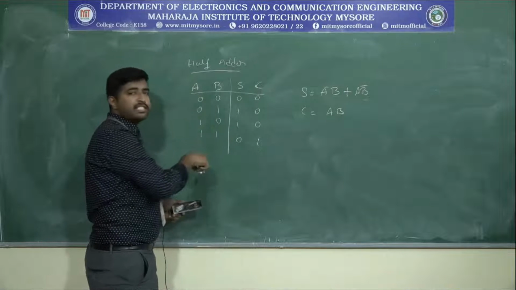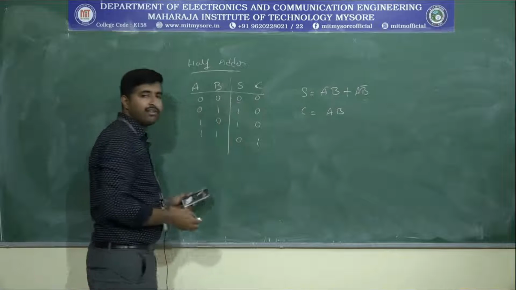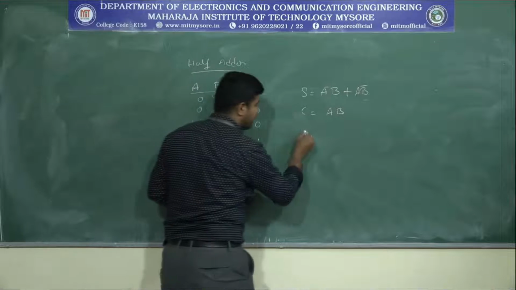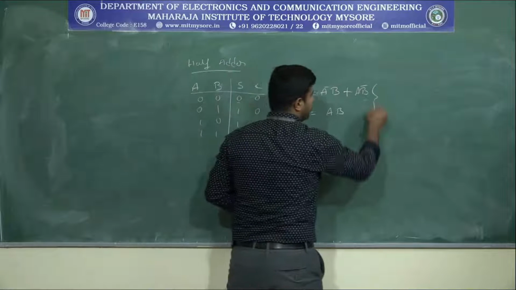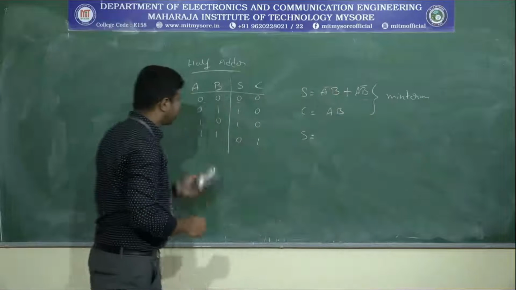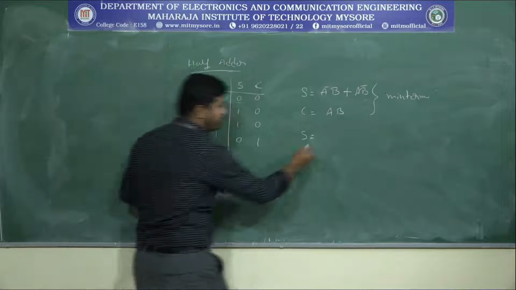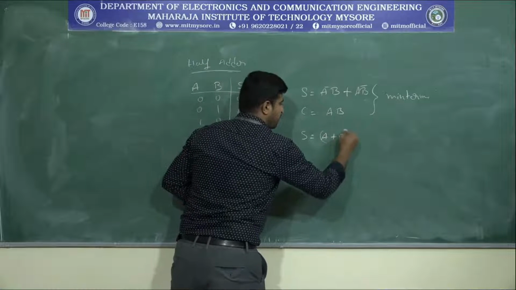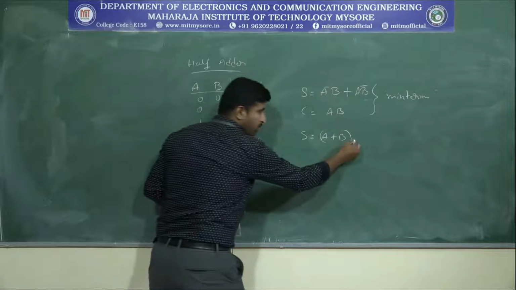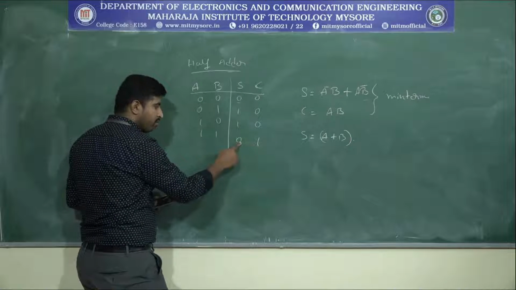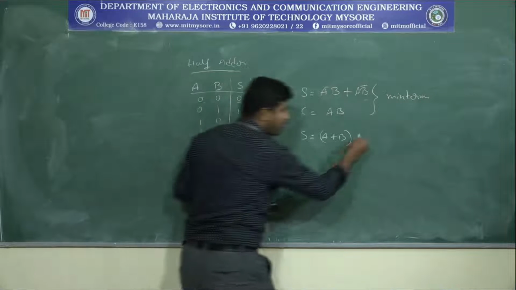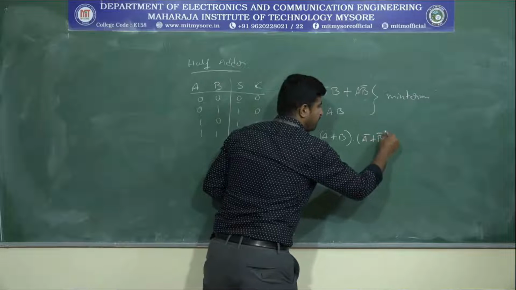Let's come to the max term form. We need to look for the logic 0. So what is the sum actually? Let's write for the max term. Sum is equal to a plus b. Okay, and we have one more term, so product, and the next input where the output is 0 is 1 1, so that is a bar plus b bar.